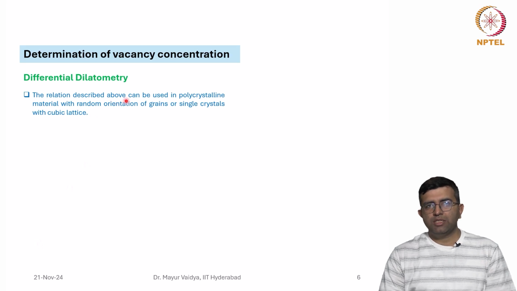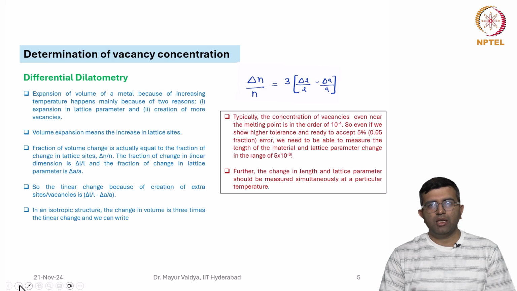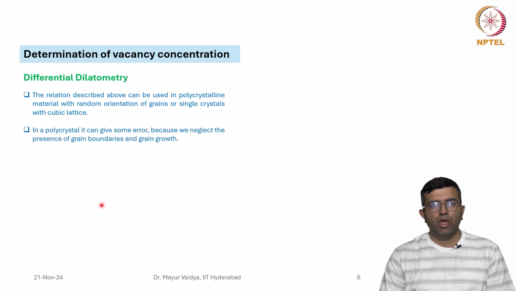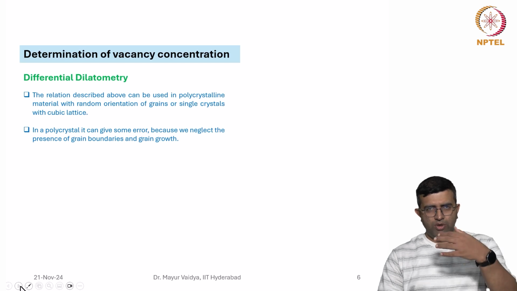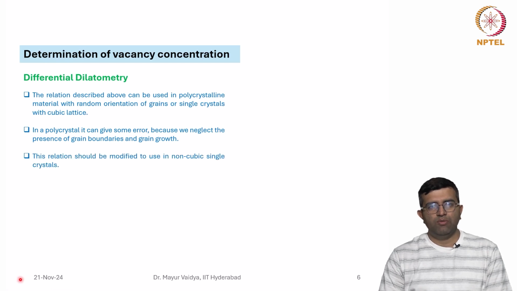So, the relation that is described above, let me just go back there once again, delta n by n equal to 3 times delta L by L minus delta A by A. So, this relation can be used for polycrystalline material with random orientation of grains or single crystals with a cubic lattice. In a polycrystal, there is some possibility of error also, because we neglect the grain boundaries and the grain growth. So, when you are measuring this change in length as a function of temperature, there is a certain grain growth happening,